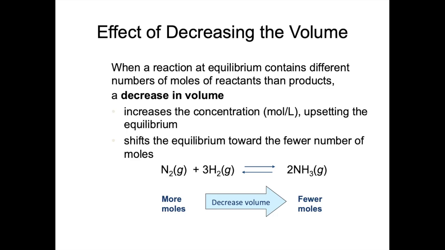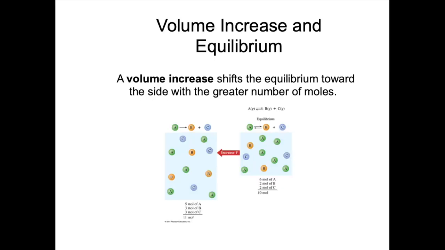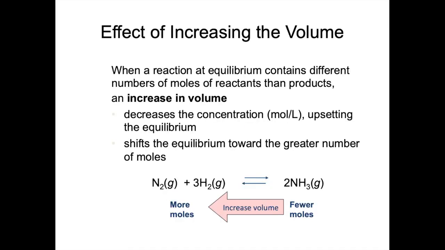All right, so decreasing the volume will shift the equilibrium to the right, because that's the side that will take up less space. Okay, so the system's trying to compensate for you decreasing the volume by trying to take up less space. And the opposite can happen here. You could increase the volume. Well, then the system will shift to the side with more gas molecules, and that will take up more space. It will make up for that increase in volume. Okay, so in this case, if you increase the volume of your container, the equilibrium would shift to the left,